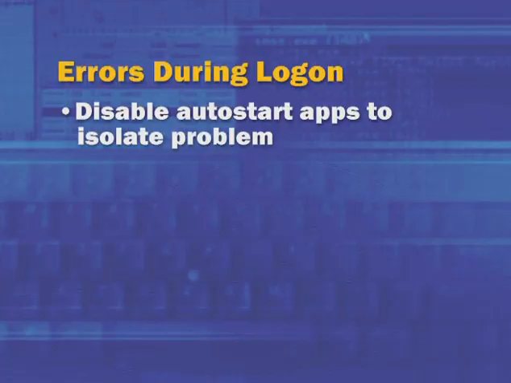So with a tool like AutoRuns, we can see that if you're facing errors during the logon process, this will be one of the first things you're going to want to run to try to do an inspection. Do you recognize everything that is starting when you sign in? Is everything explainable? Should everything be there? If not, try disabling the AutoStart locations that you think might be causing the problems to isolate the issue. And if that solves the issue, you've eliminated an error during the logon process.